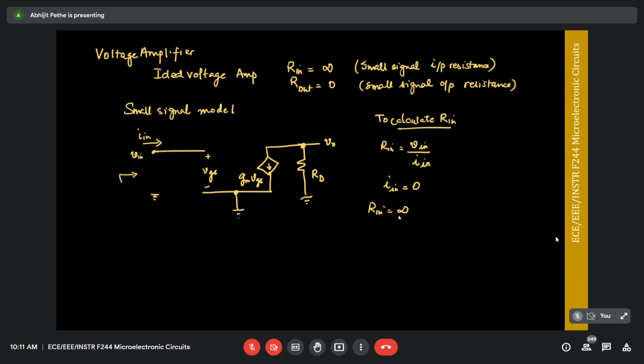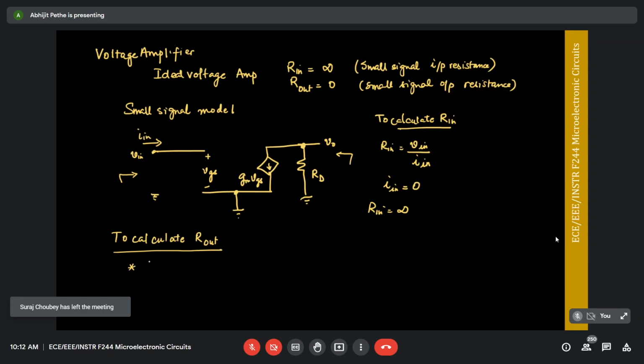Okay, so now let's calculate Rout. What does Rout mean? Rout means the resistance seen by the output side of the circuit when the inputs are grounded, right? So what does that mean? When I want to calculate the Rout,